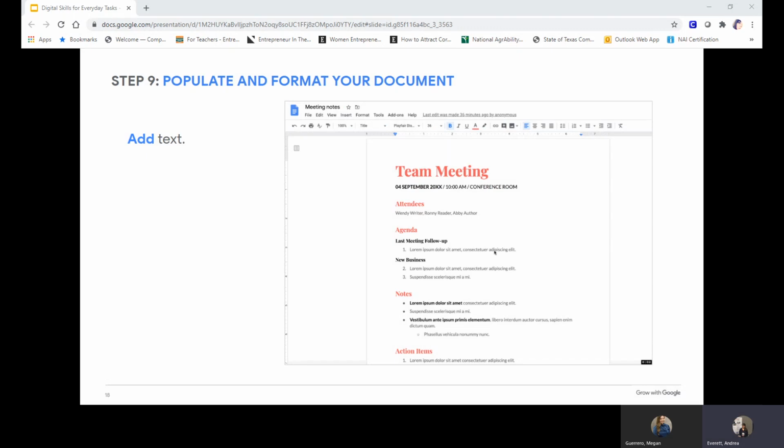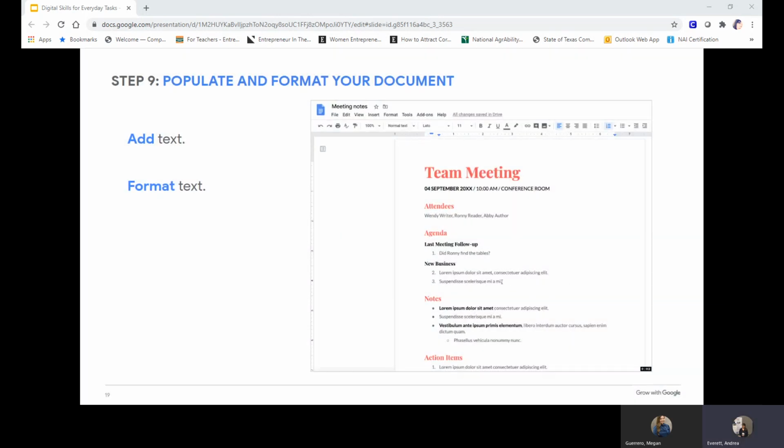Once again, your template opens in a new tab and automatically saves to your Google Drive. All the templates for this style of document have the same basic information: meeting date, list of attendees, agenda, notes, action items, and items for the next meeting. Click the placeholder text under the last meeting follow-up and type something there, like a reminder about the task that's in progress.